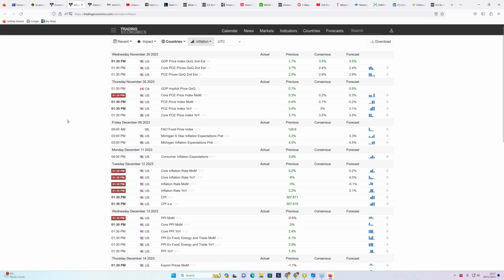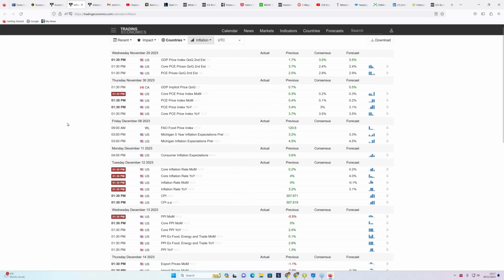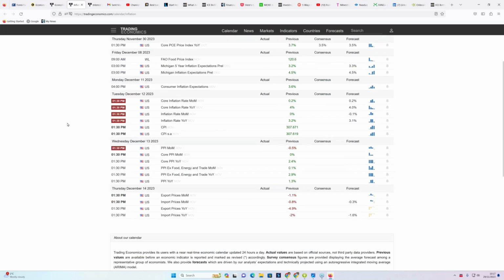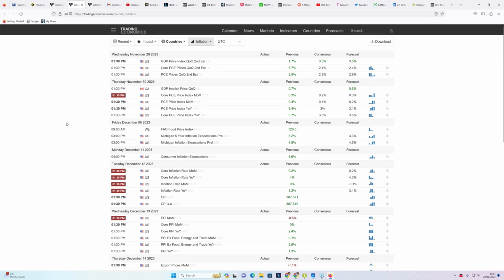And what it very helpfully does is take these categories and give you the releases that are coming up, and I think I've got them until the 14th of December, because the markets do look ahead. Big players, this is what they do. Yes, they're focused on the here and now, but they also think, well, what's coming up, and is it going to impact the price action of the here and now?